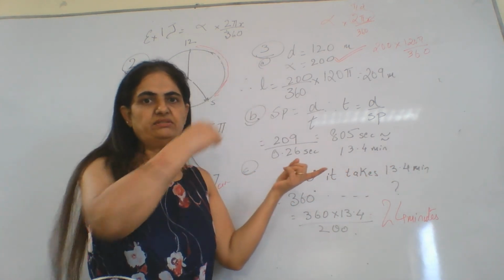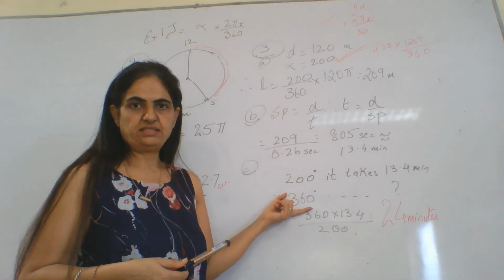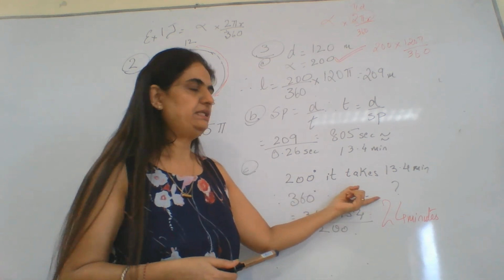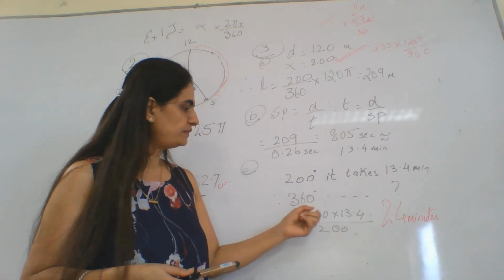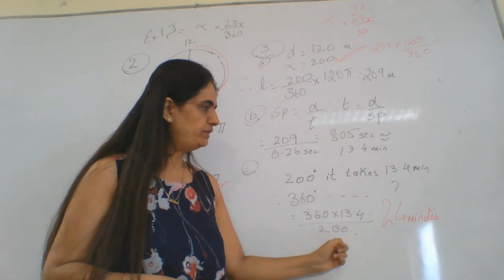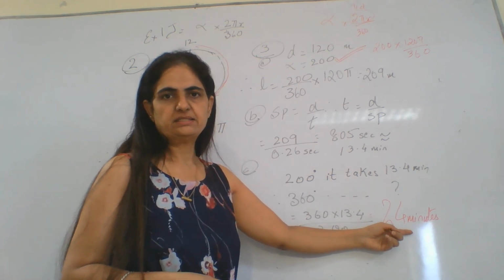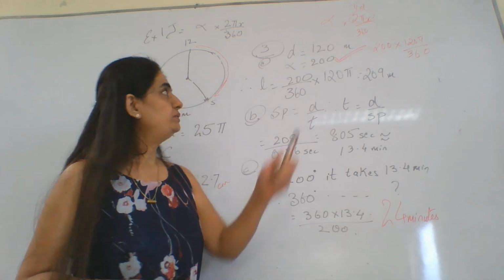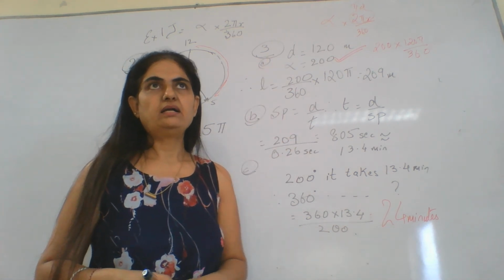I need to find out for the full revolution, which is 360. So for 360, how much time will it take? So 360 times 13.4 divided by 200 gives me 24 minutes. Okay. So this is the way we use this formula to find the arc length or